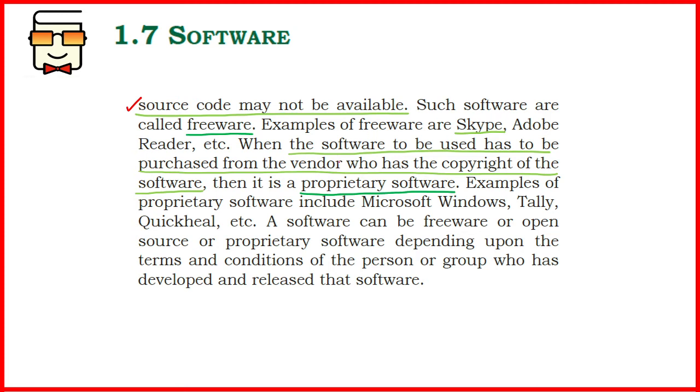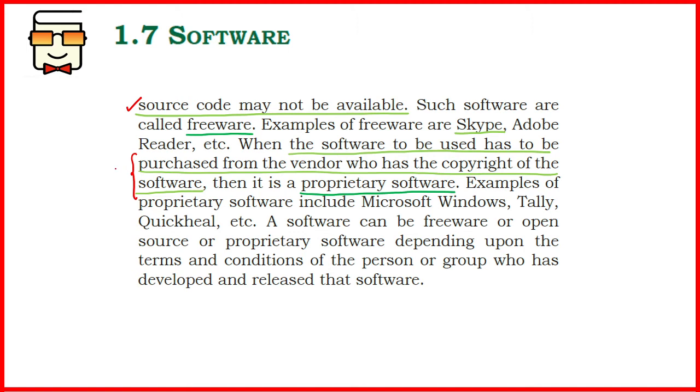So the last kind is proprietary software. Proprietary software is neither open source, nor is its source code openly available to the public, nor is it free of cost. So you have to pay the development team or the vendor to use it, in case you are not just downloading it from wrong or illegal websites. So proprietary software is paid software. Its source code is also not openly available.